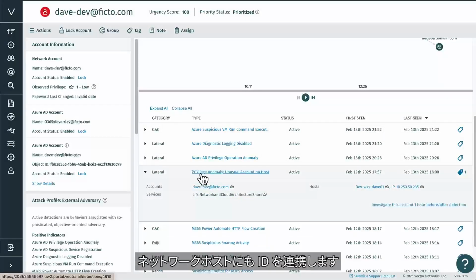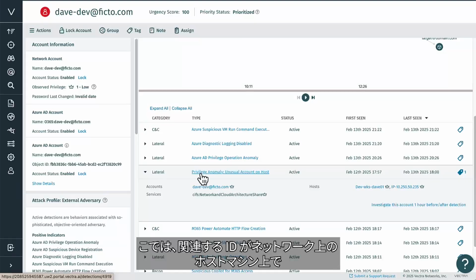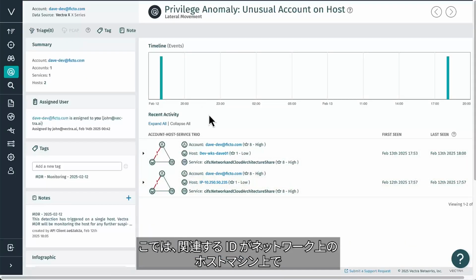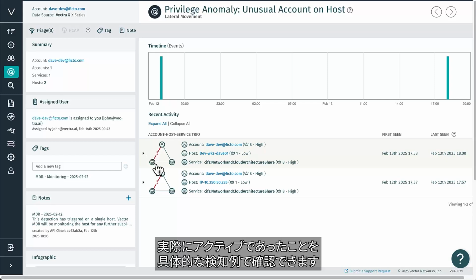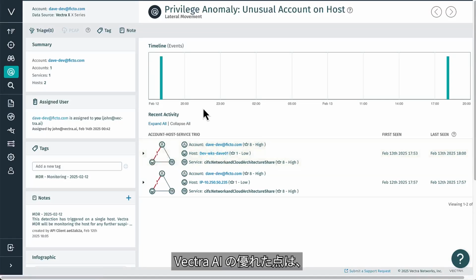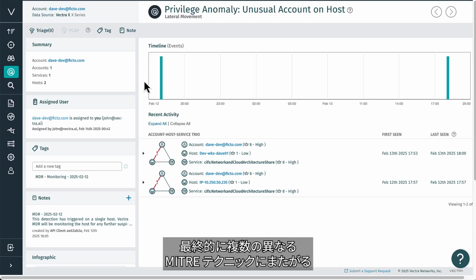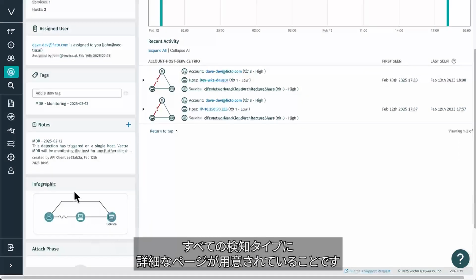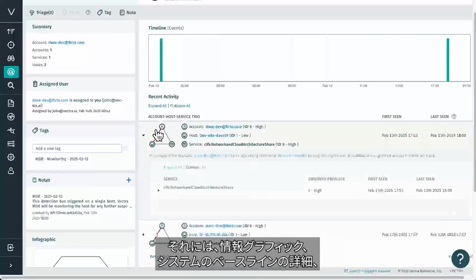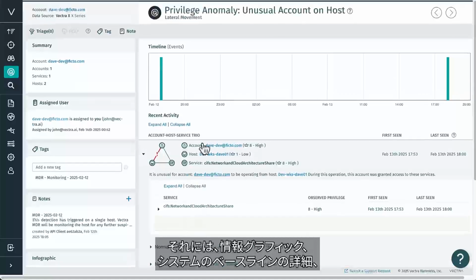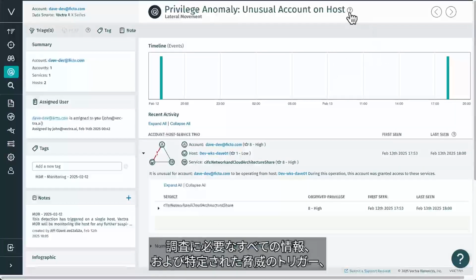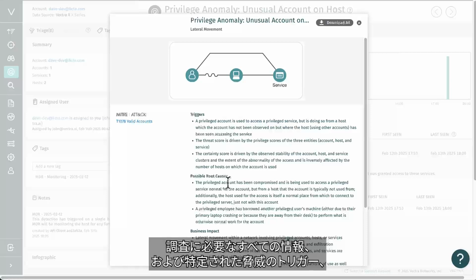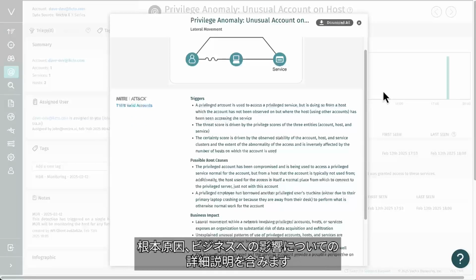Now, you've seen here how Vectra is stitched across identity, but Vectra doesn't just stitch across identity, it also stitches identity into network hosts. We can see that here in this specific detection, where the identity involved was actually active on a host machine on the network. What's really cool about Vectra is that every detection type, which spans multiple different MITRE techniques ultimately, has a detailed page with information graphics, details about baselines of the system, all the information you need to investigate, as well as detailed one-pagers that talk about what triggers, the root causes, and business impact of the threat that's